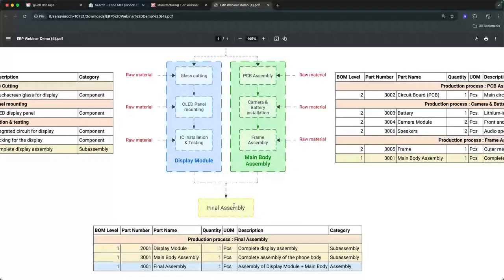Now, out of which, we will also understand a little bit more in detail where these two processes, glass cutting and PCB assembly, are called independent processes because you simply pick up the raw material and start that process instantly. You don't have any dependency on any other process. So these two are independent processes, whereas these four processes are called dependent processes because